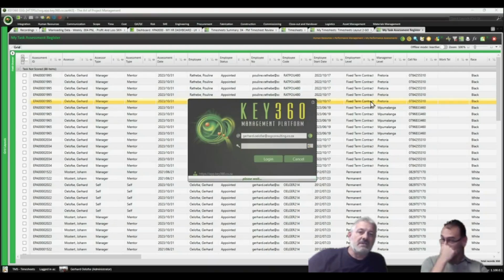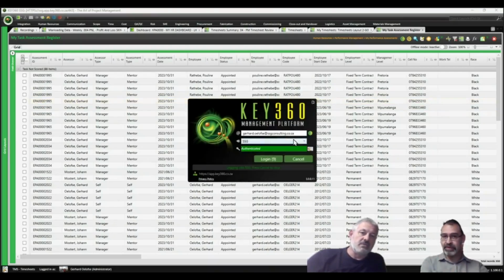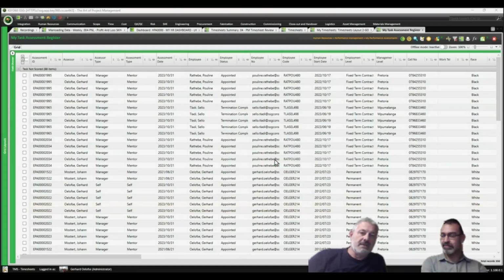What's so nice about it is to CC the project always, and all that information will always be in KEY360, and the whole traceability of finding that information is a lot faster than, as everybody knows, how long it takes to find an email in Outlook, or you remember you've put it somewhere and there was a reason why it was in that folder, but it shouldn't have been in that folder because it really actually didn't need to be there. It should have been an important part of how you think of creating your folders in Outlook.